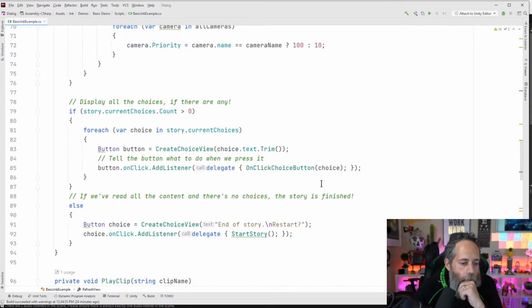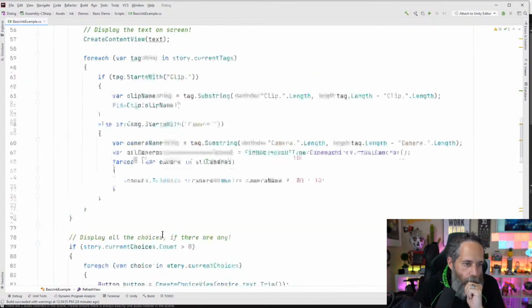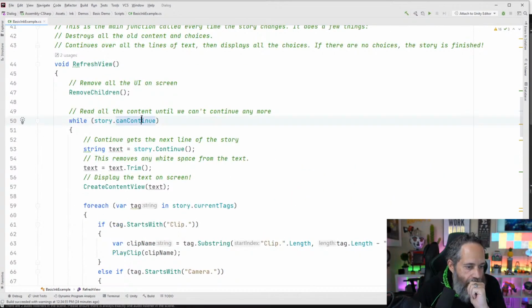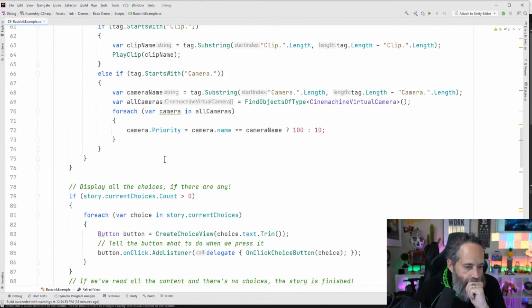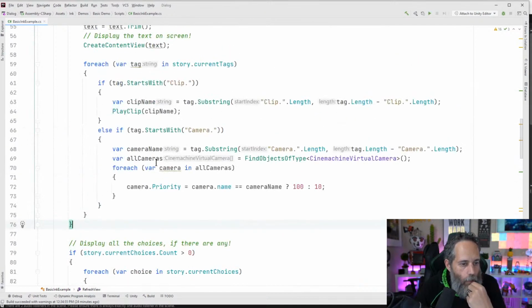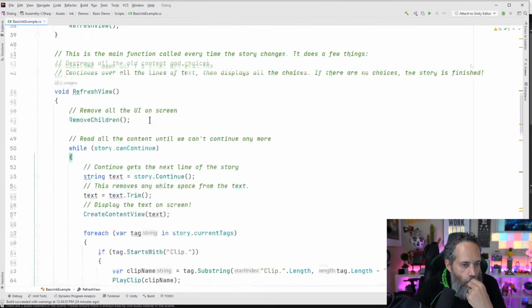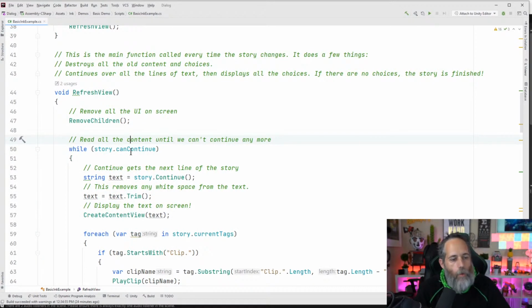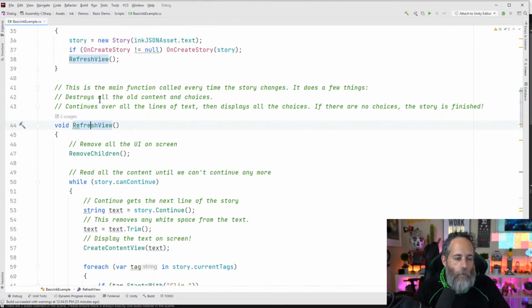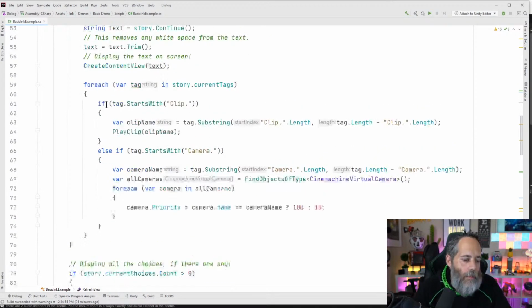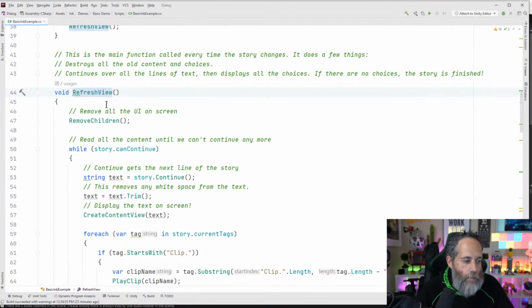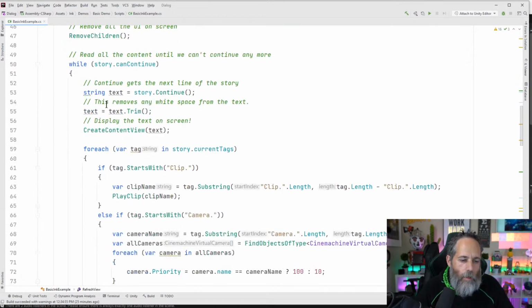let's see. So click our choice. We're going to play our listener. We're going to continue the story. We're going to get to right here. And I guess what we do is make, well, let's see, refresh view. We could just make it asynchronous. And then we could,